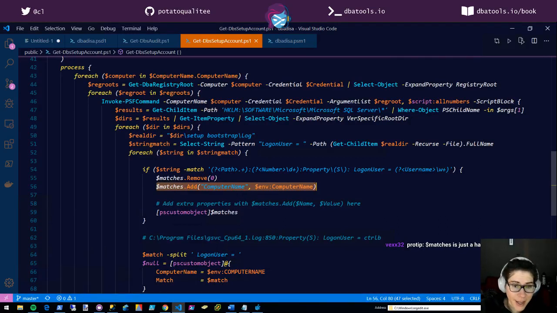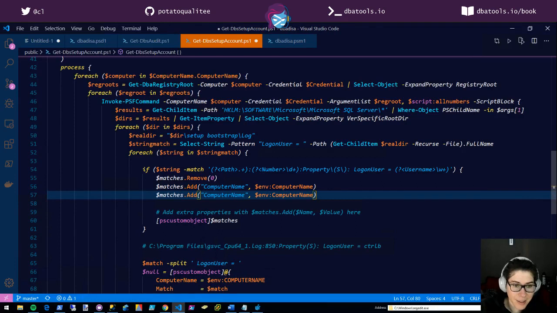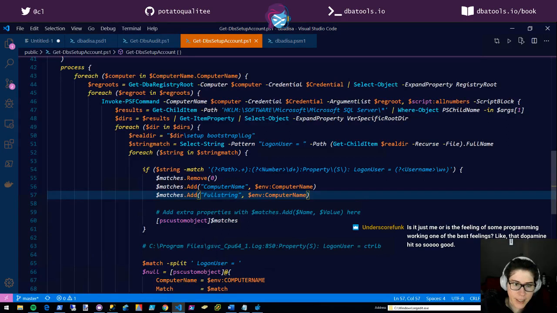I didn't even know that. I'm shocked. I believe that the auditor is going to be used to the actual full string, so I'm just going to leave it in there and say string.